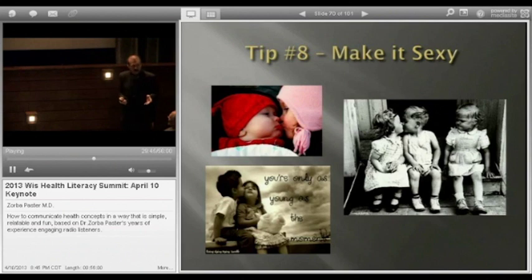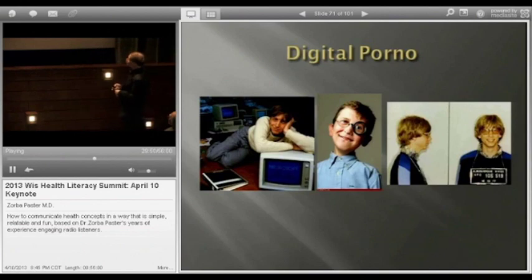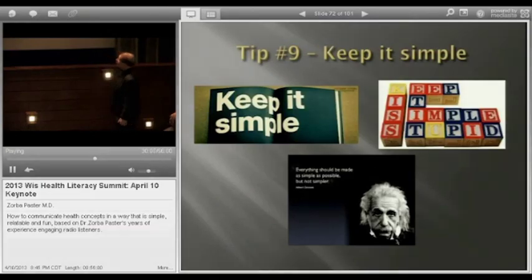It's wonderful whenever you can move it in an emotive way that attaches you. It's going to be good. This is an example of digital porn. That is Bill Gates as a child. When he got arrested, I can't remember what that was for. And there he is in as sexy a pose as he could do in 1987. Too bad I didn't put all my money in Microsoft. I certainly didn't have it. Keep it simple. That Einstein quote.